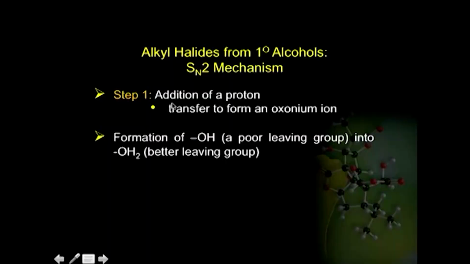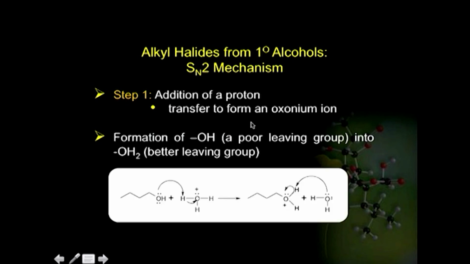is followed. In the first step of this SN2 mechanism, proton transfer takes place to form an oxonium ion similar to the one which we saw in case of SN1 mechanism. Once the oxonium ion is formed, there is formation of OH2. Now, this OH2, that is a part of oxonium ion, is a very good leaving group, and because of this, the reaction is substitution nucleophilic bimolecular, that is, the reaction takes place by simultaneous bond breaking and bond making